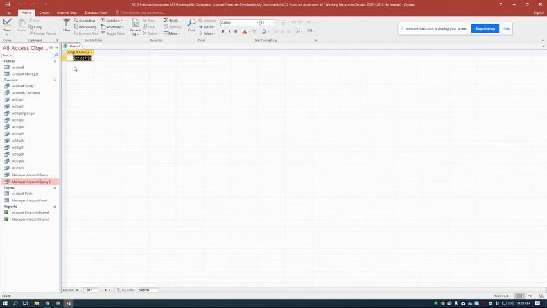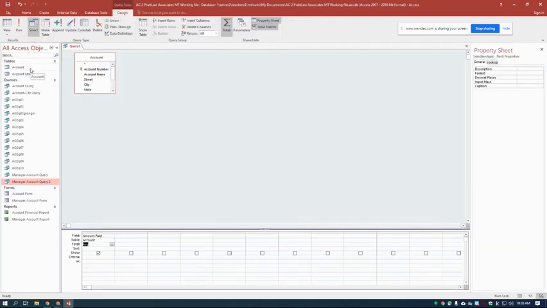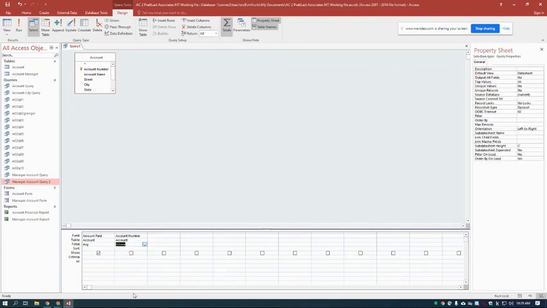Okay, it does not have us save that, but we're going to go back to our design view. View, design view. This time we want to add the account manager number. Again, you can do it up here or you can do it at the bottom. And where we've got group by, we want to change that one to be total. So total is a sum. So we want to find the average amount paid. That's not right. We don't want sum there. We want where. Sorry, where. So where is going to